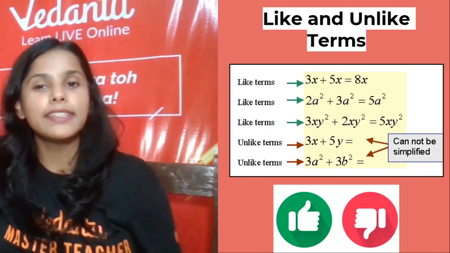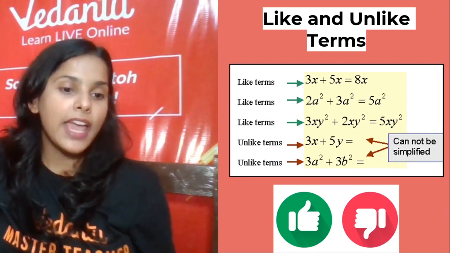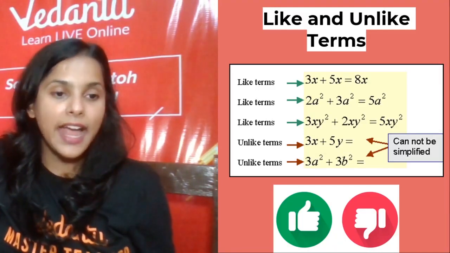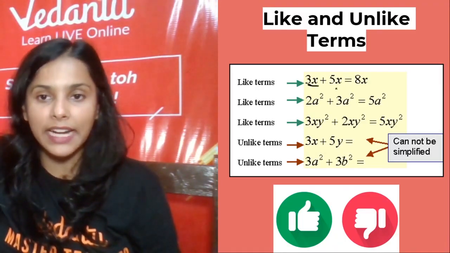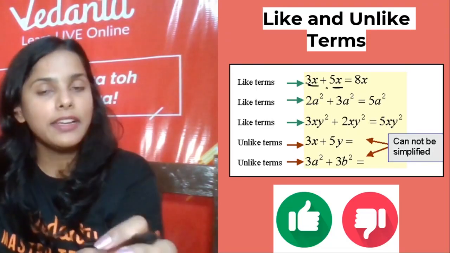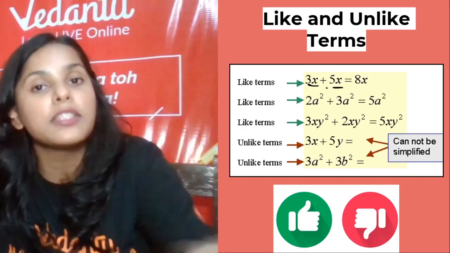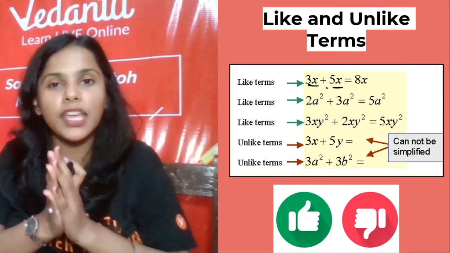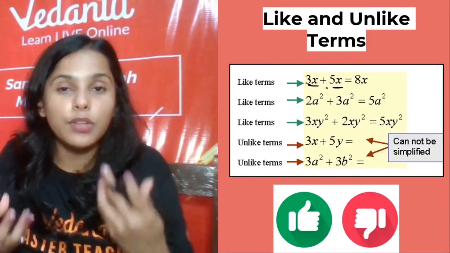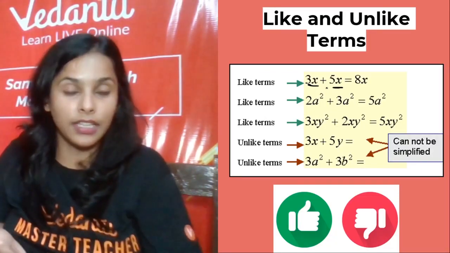तो लाइक टर्म्स के एग्जांपल्स क्या हो गए? 3x and 5x where x has only one power and there is only one variable, that is x. Can you see here? So then if you have like terms you can operate with them, that means you can add or subtract them together, ठीक है. लाइक टर्म्स जब तक नहीं होंगी तब तक आप उनको ऐड या फिर सब्सट्रैक्ट नहीं कर सकते, ठीक है.